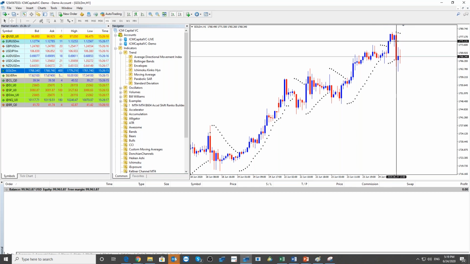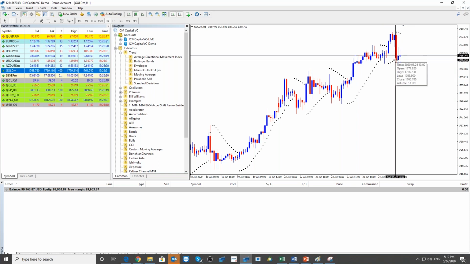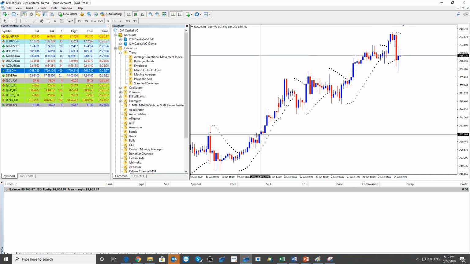Now we can see there is an indication which has still not been confirmed. Maybe we have to see a candle closed below the SAR point, or maybe above. So this is how exactly the SAR